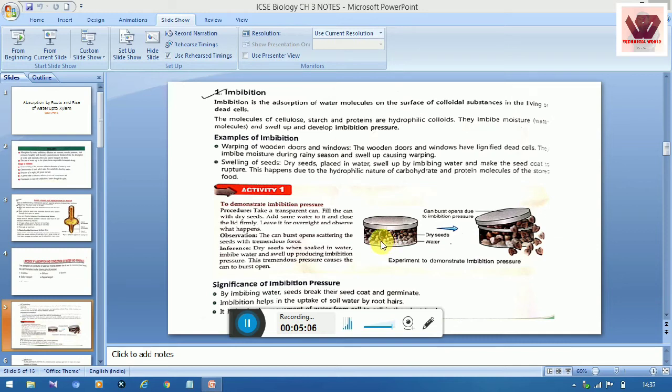You can give water in it and tightly आप ढक्कन को जोड़ देंगे, राइट। नाउ अब देखते हैं सिग्निफिकेंस ऑफ इम्बाइबिशन प्रेशर। बाय इम्बाइबिंग वाटर, सीड ब्रेक्स देयर सीड कोट्स एंड जर्मिनेट। इम्बाइबेशन हेल्प्स इन द अपटेक ऑफ सॉइल वाटर बाय रूट हेयर, राइट। अभी हम जाते हैं नेक्स्ट स्लाइड पे।